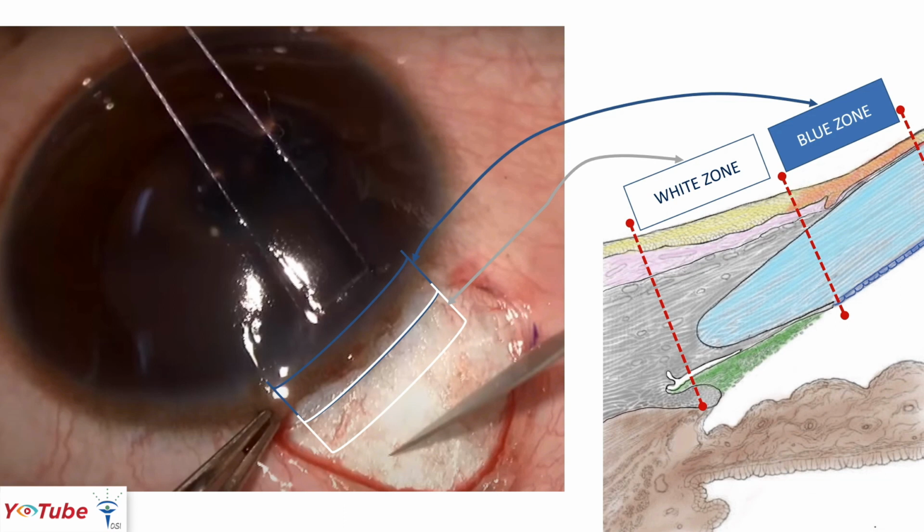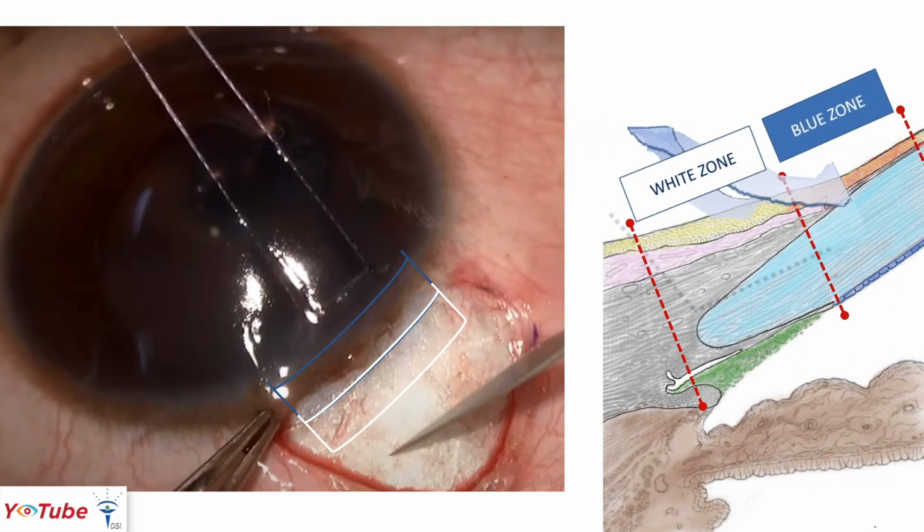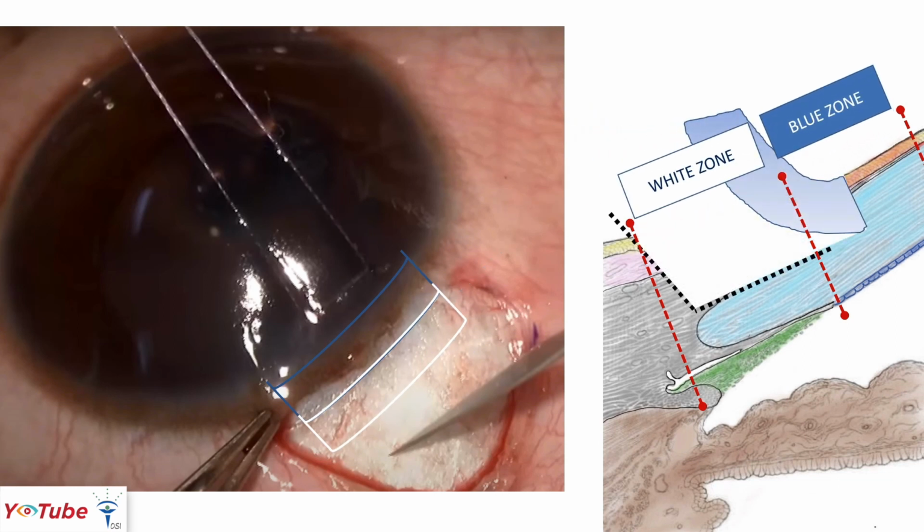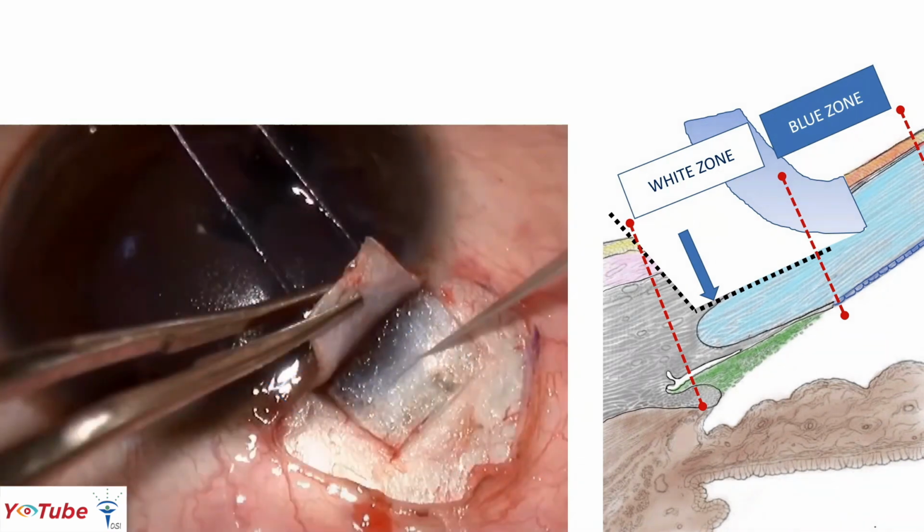As in trabeculectomy, when we make a partial thickness scleral flap, note we are now entering into the corneal stroma even in the white zone. Hence, note how the color of the white zone also becomes bluish, because here we are directly above the Schlemm's canal. While the blue zone, instead of appearing blue, now actually appears transparent because we are in the cornea with only the Descemet's membrane and endothelium below.